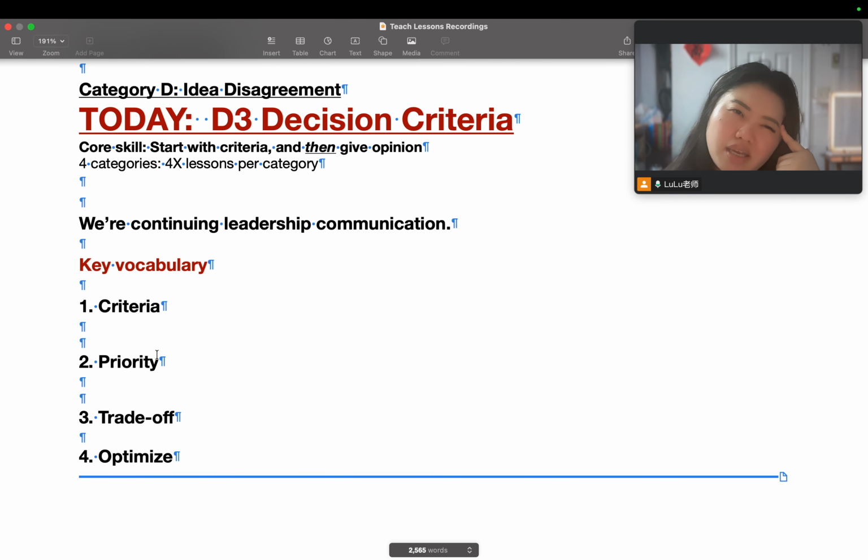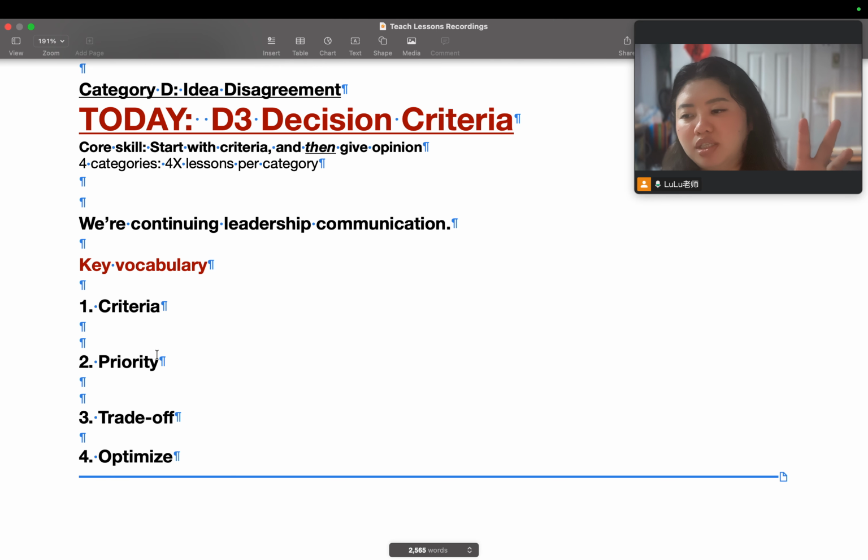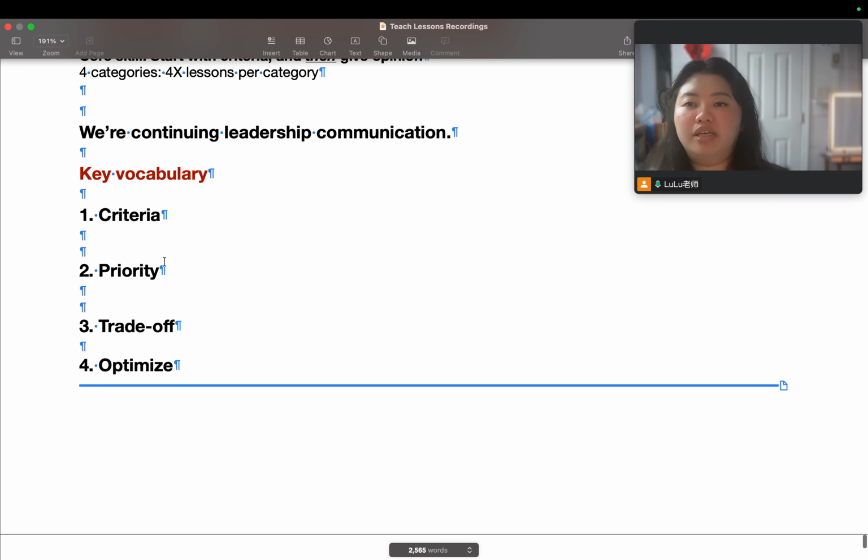And sometimes I ask my students a warm-up question, like, when you make a decision at work, what do you usually say first? And then, based on what they say, I can say, okay, this is where we can improve, this is where we can adjust. So let's begin with the vocabulary.